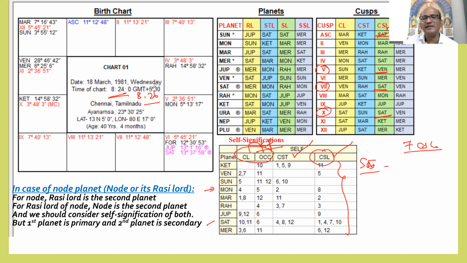So when 2 minutes are added, for the person who was born 2 minutes later, the Lagna sublord changes from Saturn to Mercury. So what will happen in that period? Saturn will lose its Lagna cuspal sublord signification, and Mercury will take over the Lagna, right? Mercury will become the Lagna sublord. Now Saturn will lose its Lagna cuspal sublord signification. Similarly, for all the other cusps also, there can be some changes.